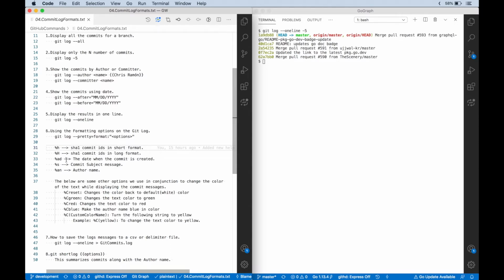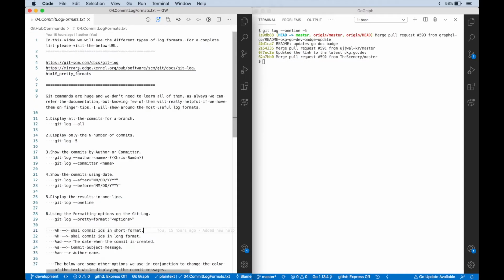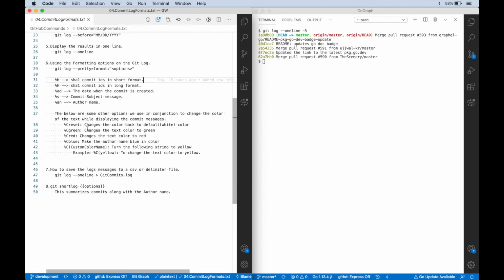Then %ad stands for the date when the commit was created, %s is the commit subject message, and %an is the author name. I did not list out all the available format options because it becomes unnecessary repetition. So I have given you the link. Visit these 2 links and explore yourself.